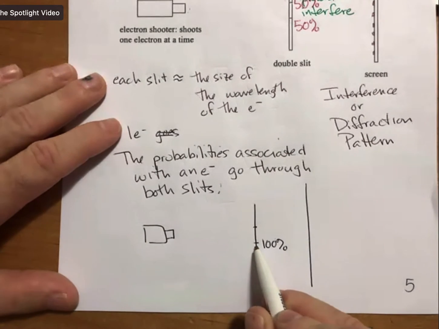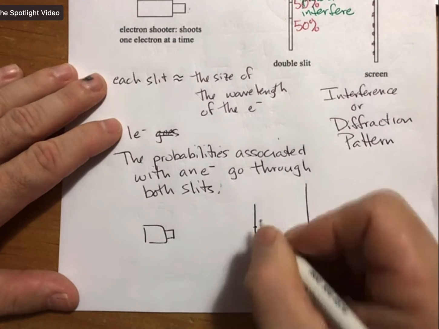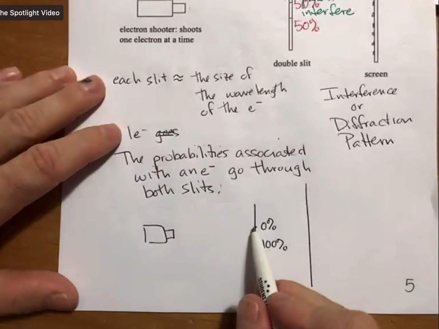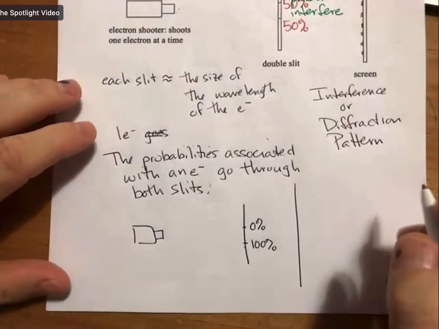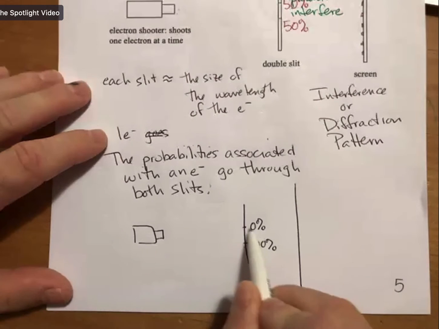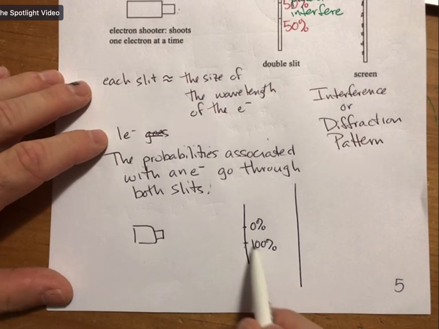And once we observe it, we know, so there's 100% probability that it goes through one of the slits, and there's 0% probability that it goes through the upper slit, let's say. And for that reason,